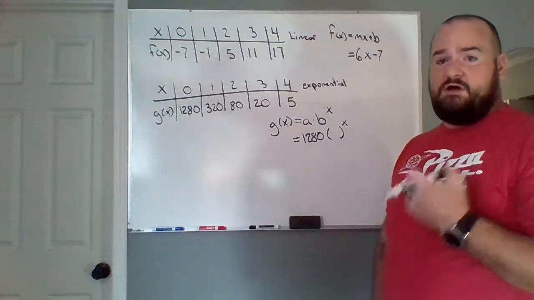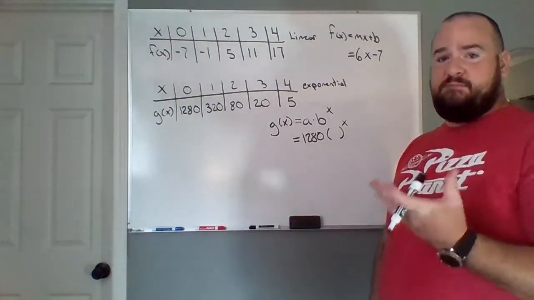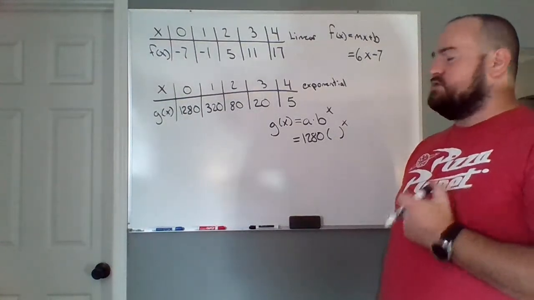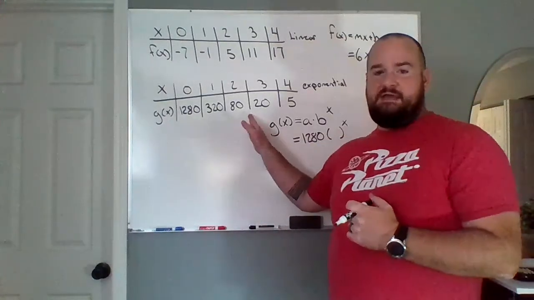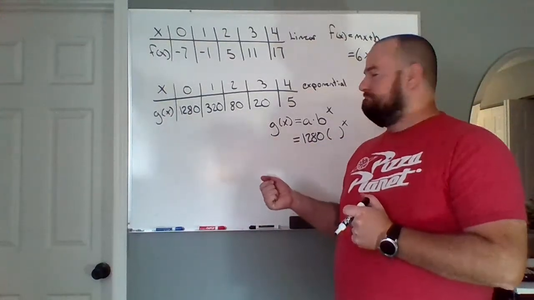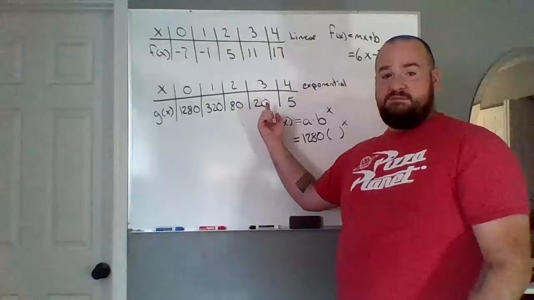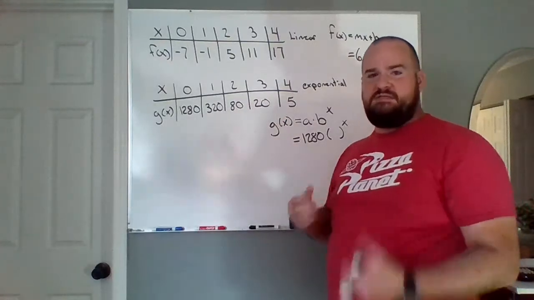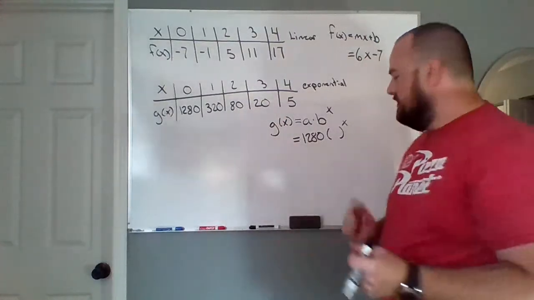B is our base multiplier, that multiplicative rate of change. So what do I multiply every time x goes up by 1 to get to the next output? Well, to find that, we just simply take any output divided by its previous, which we already did, and that was 0.25, or